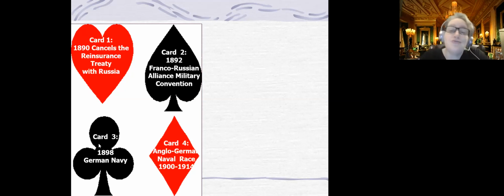And for the next 14 years, we're going to have a race to see who can build the biggest ship. The British will eventually build what is known as the Dreadnought class of battleships. It's called the Dreadnought because it could go anywhere and dread nothing, fear nothing. Okay, it's the fear nothing class.